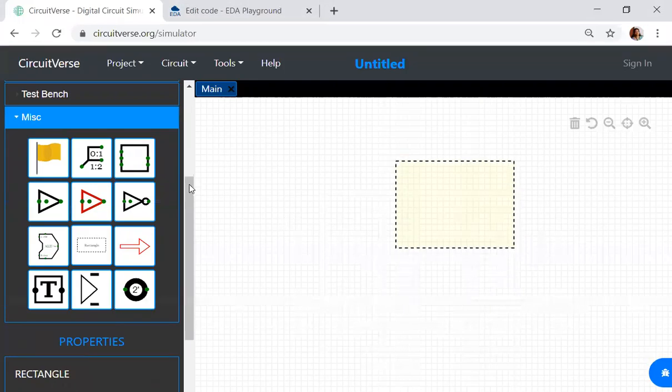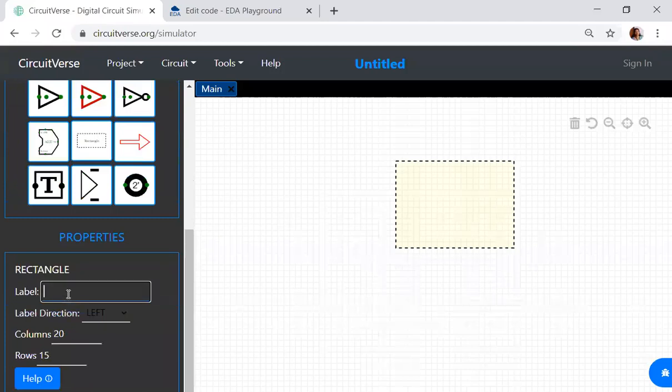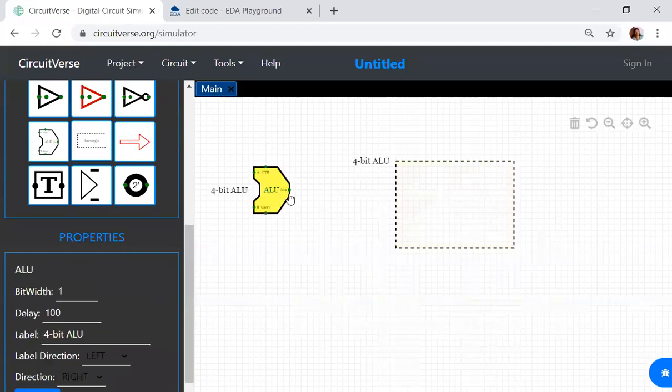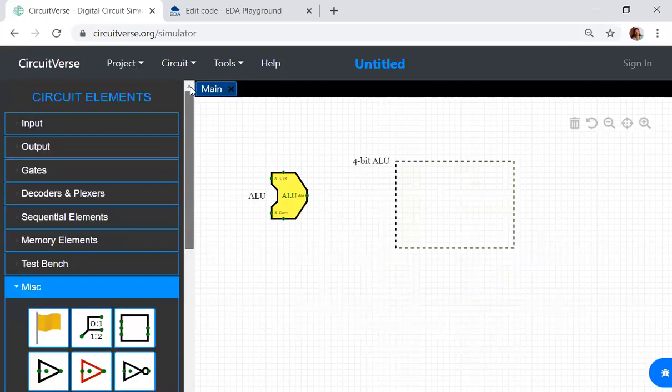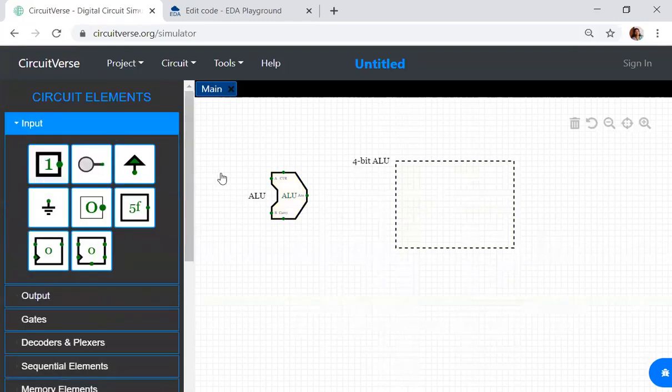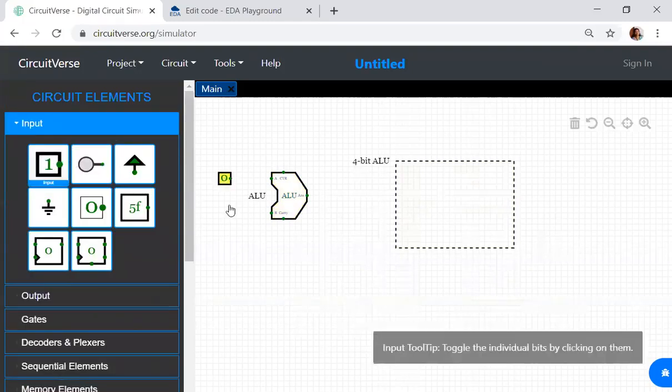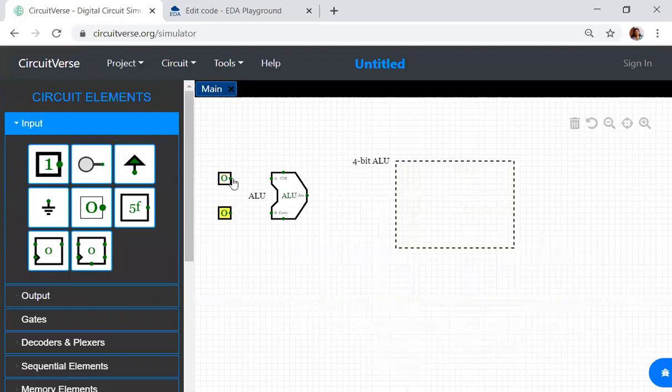This ALU is capable of performing 4 functions, so let me label it as a 4-bit ALU. It can perform n number of functions. Suppose I'll just show an example. This is an ALU that exists. Let me take this as the A input and the B input. What is the size of this ALU? I've given only 1-bit inputs. A is 1 bit, B is 1 bit. So this ALU is a 1-bit ALU.